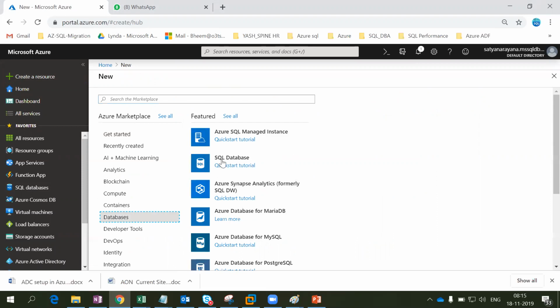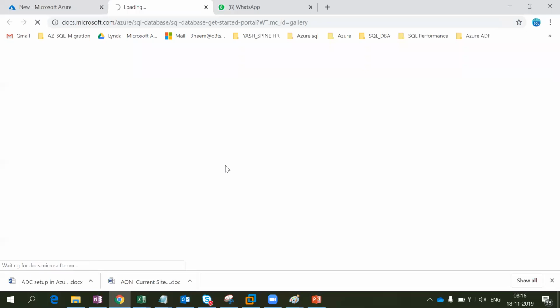So here are the SQL databases. Let's click on this database, and it is going to navigate. You can explore yourself what the PaaS database is, what a singleton database is, and read and explore more.